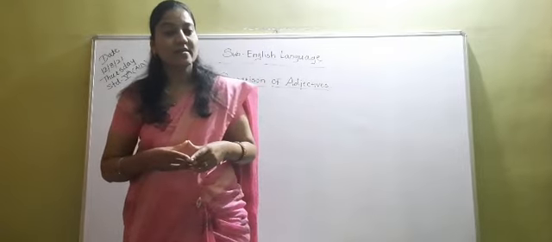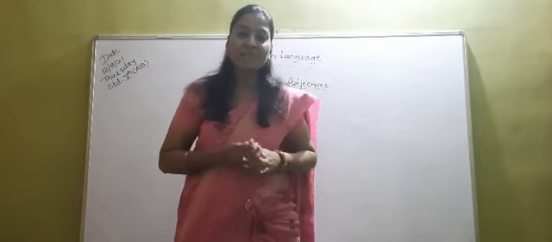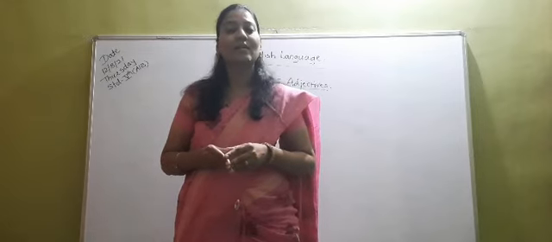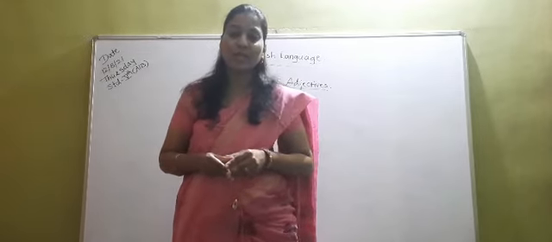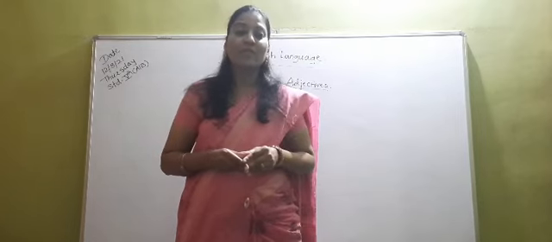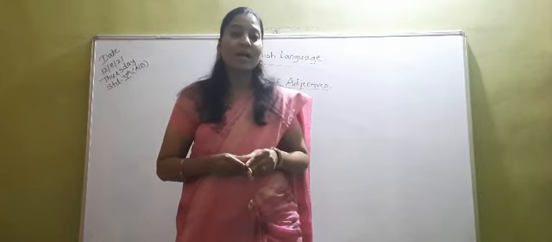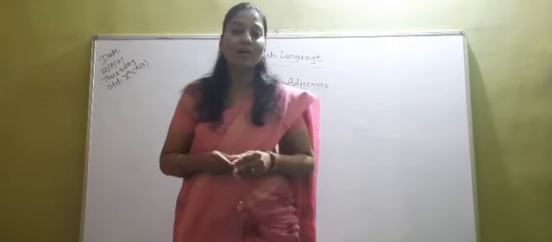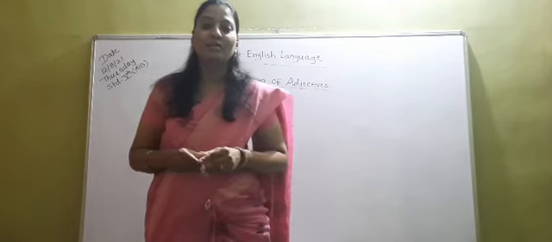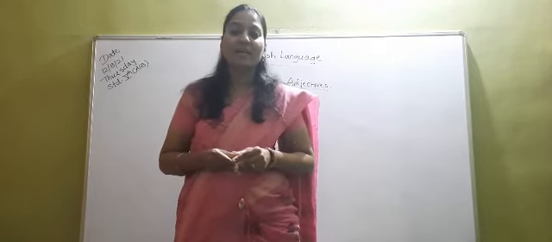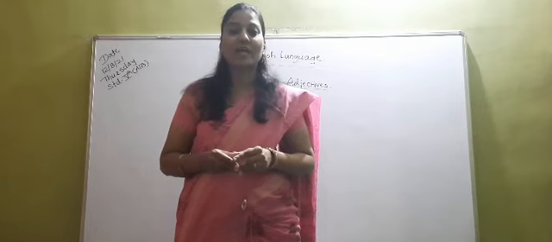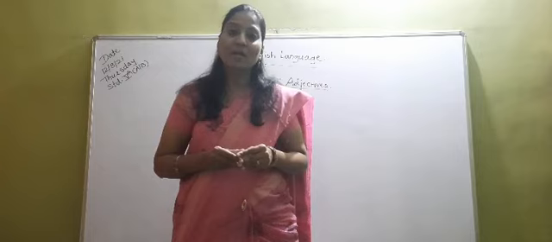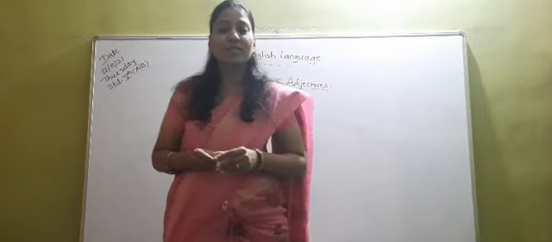Then the second rule: by just adding R or ST to the adjective, we can also form the comparative and superlative degree. That is very simple, and it is really a piece of cake that you would love when you form the comparative and superlative degree by using these two rules.